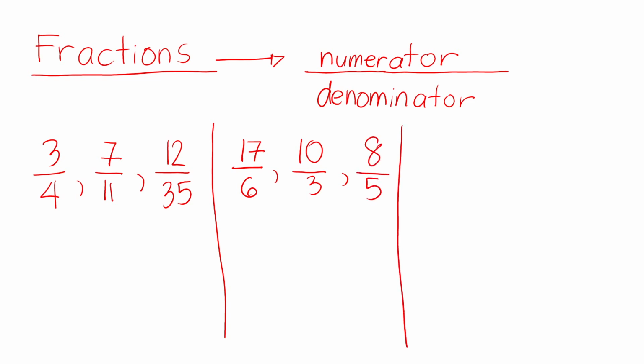That's the second group. The third group, look at the third group: 3 and 1 over 4, 6 and 3 over 5, and 10 and 7 over 15. Now, let's go to the